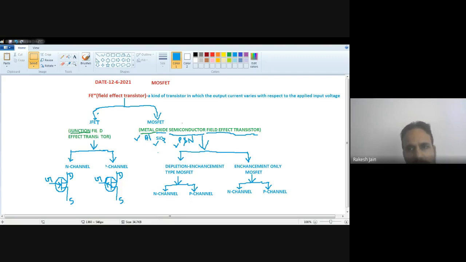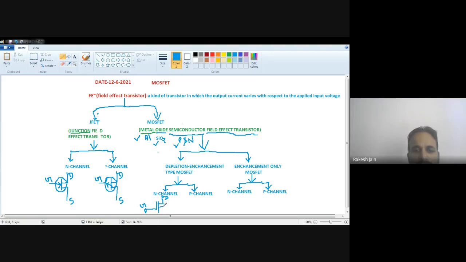Now look very carefully, because if you notice the symbols and remember them, they will be useful for explaining the working principle and construction. Okay. So the N channel depletion type MOSFET. In the case of the N channel, there will be three terminals: drain, source, and gate. Now see, in the case of the depletion enhancement MOSFET for the N channel, the middle terminal is your gate terminal, this one. Now there is a line from the upper terminal, and that terminal is known as the drain.